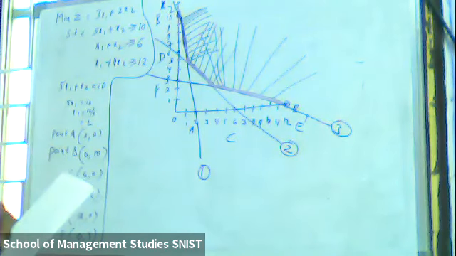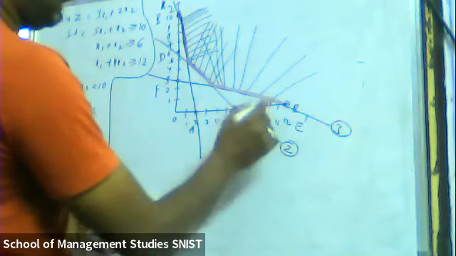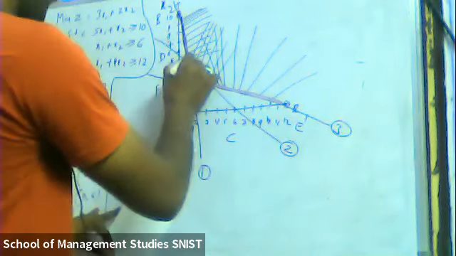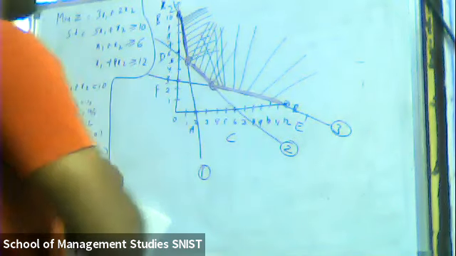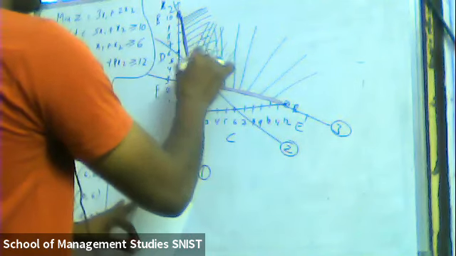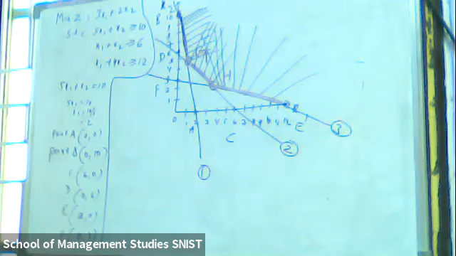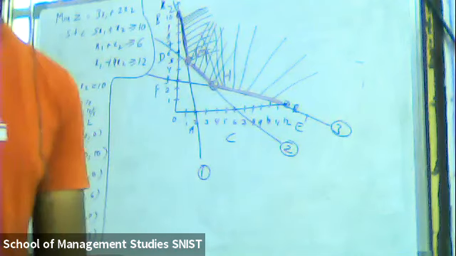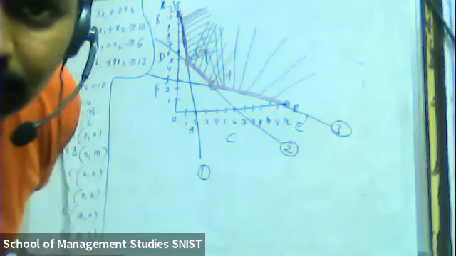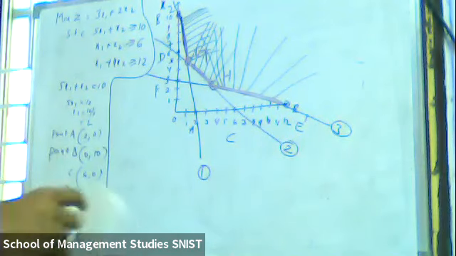Okay, clear? So from B point and E point, now we need to find these 2 points. As of now we have A, B, C, D, E, F. So I'm considering this as G, and this is H. So we need to find the G point and the H point.